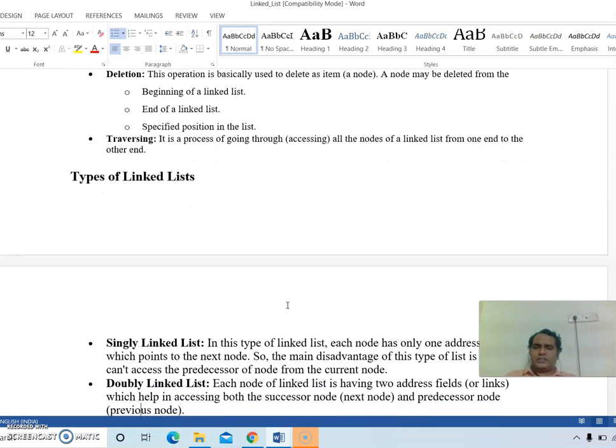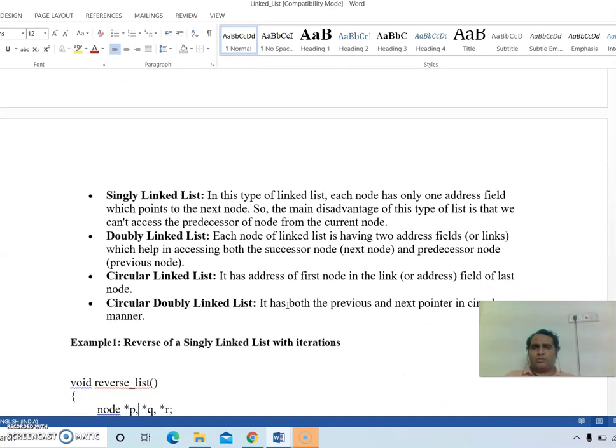So I may have different types of linked list. As you have seen in one example, the first node points to the second node, but in that mechanism I cannot come back. So how do I come back if I want to? Can I store the address of the previous node that I have visited in the present node? Yes, that is also possible. You have one pointer pointing to the next node and another pointer pointing to the previous node. Now you have two links, and that is nothing but a doubly linked list.